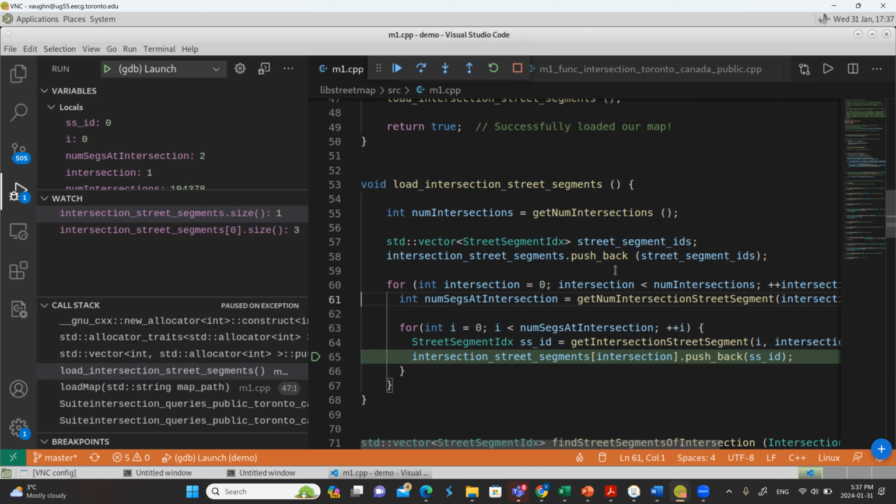Let me tell you first how you could do this with pushback. The problem here is this pushback is only creating one entry in my first dimension. If I took this pushback and put it inside the loop, so that it was pushing back on the first dimension of the vector every time, I would be creating a new empty vector and I could fill it in. That would work. But this happens so often that there's a convenient function to work with here.